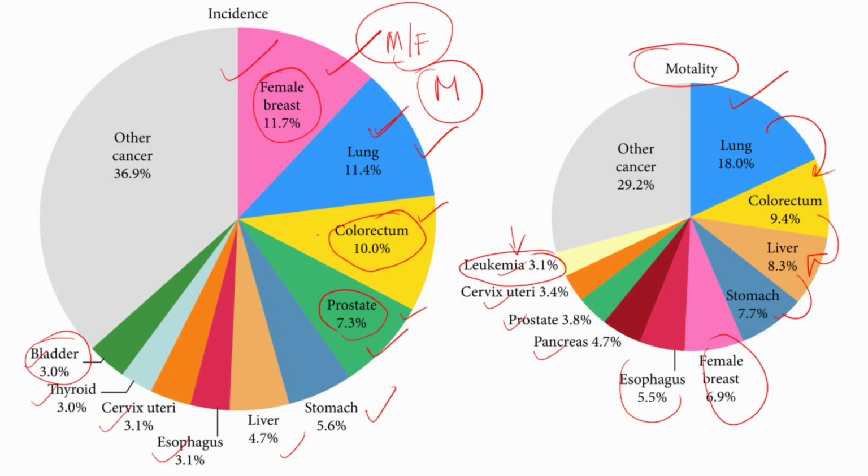Okay, so these are different data about incidence and mortality of different cancers, and here just try to focus: breast cancer is standing on the first rank. Okay, on the first position. That's what I want to tell you. Breast cancer is the major contributing cancer among all other cancers. And in mortality, anyways, it is not that mortal when compared with lung, colorectal, and liver cancer. Okay. Now, let me tell you some basic points about